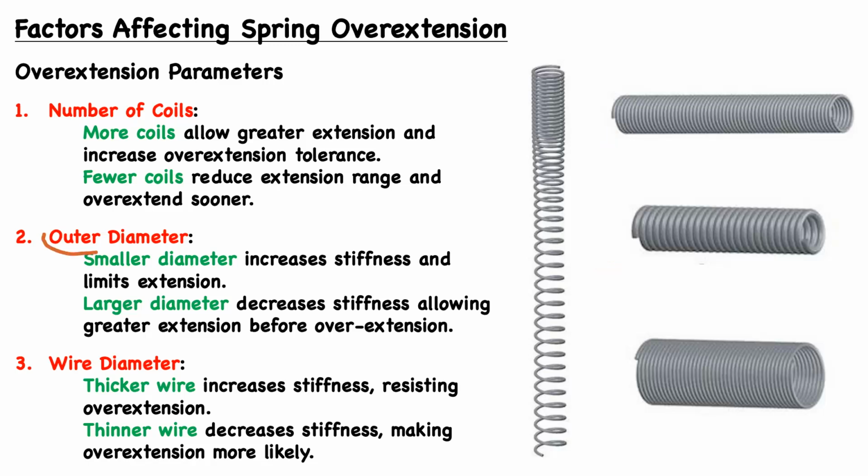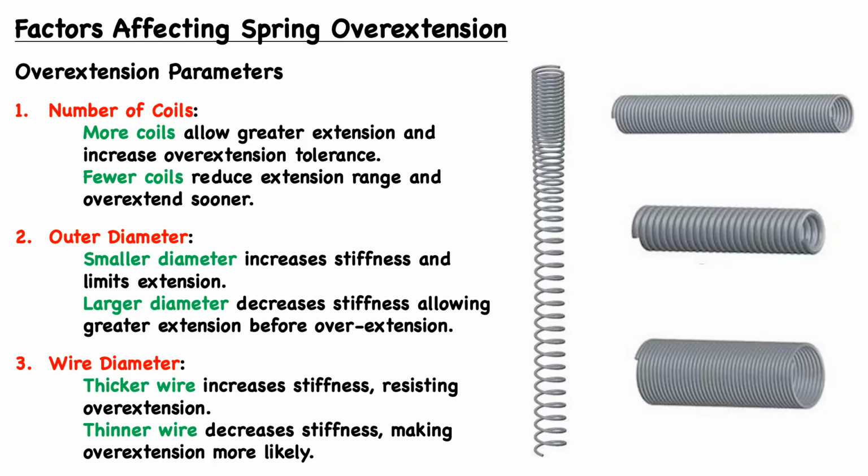Now, secondly, we have the outer diameter. And the outer diameter refers to, of course, the outer diameter. But let's visualize this just to confirm. So the outer diameter refers to this dimension here. Now, for a smaller outer diameter, this will increase stiffness and limit extension, whereas a larger diameter decreases stiffness, allowing